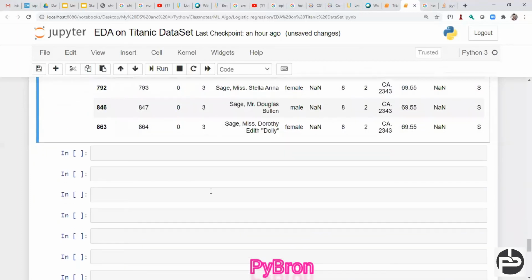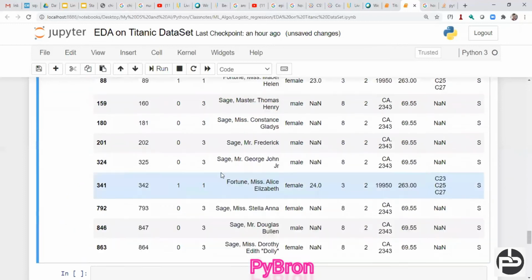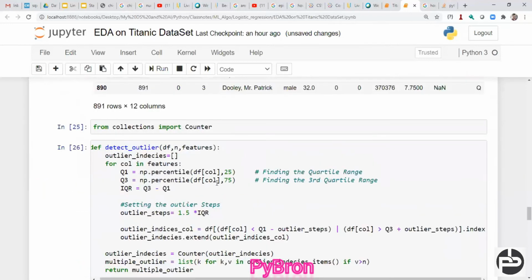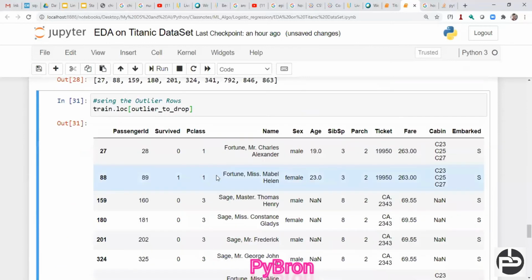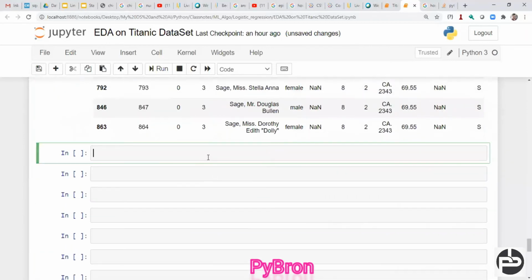Now we identified the outliers, and this method is very helpful to identify outliers for any kind of problem statement, so you can keep this as a good note. Once you identify the outliers, my task is to decide whether I should drop the outliers or consider them.